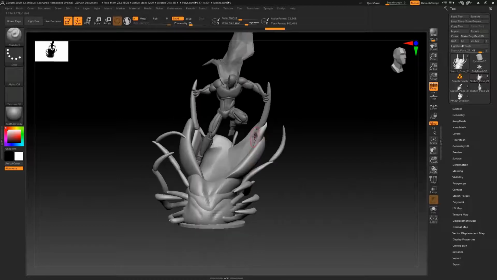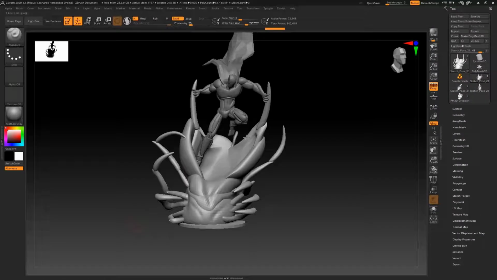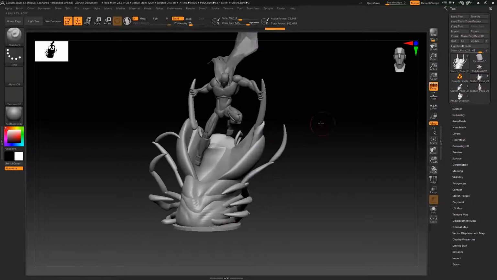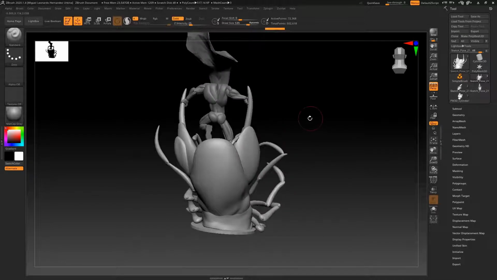If I'm starting to design or detail this creature, for example, I don't have the back part of the piece, so it's okay for me to do a sketch here directly and create the things in the back, playing with a